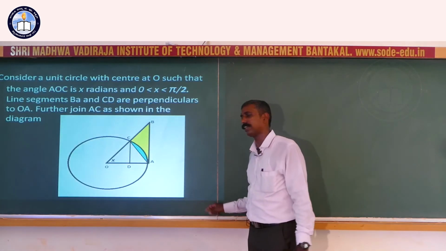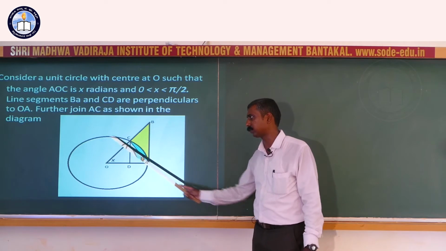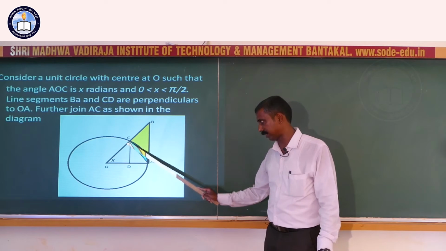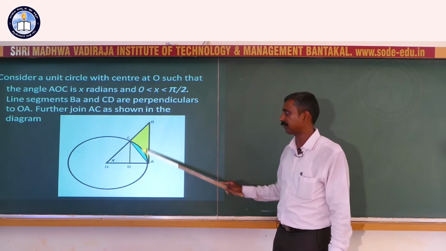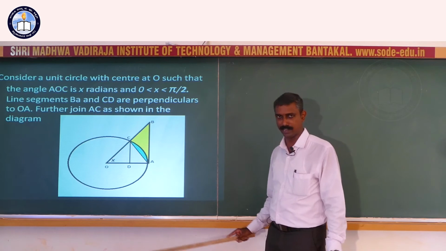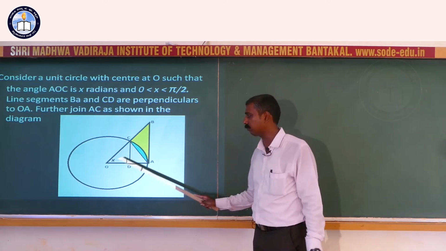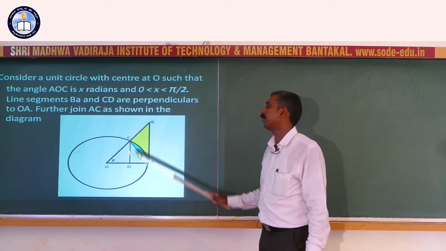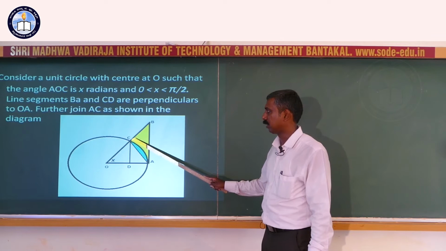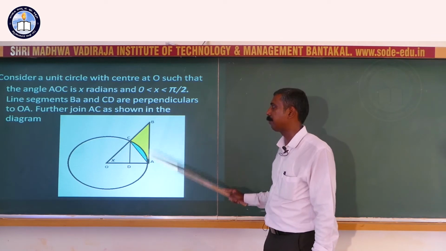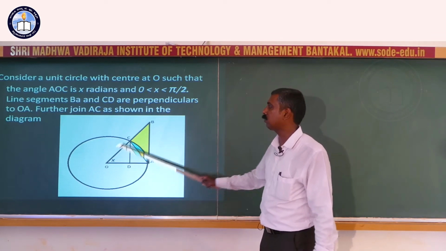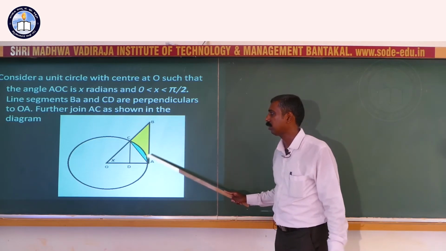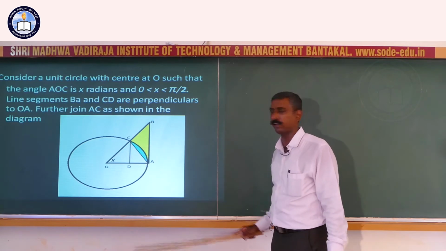So let us consider a unit circle as shown in the diagram. So this is a circle. Then after that we take x. Here x is shown significantly large so that we can consider the area clearly, but x will be very small. So let AOC be the angle x. Drop perpendiculars from C to D and from B to A. Extend OC to meet BA, so that OBA is a right angle triangle.